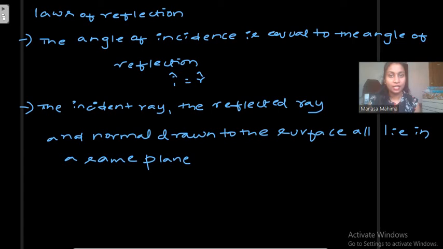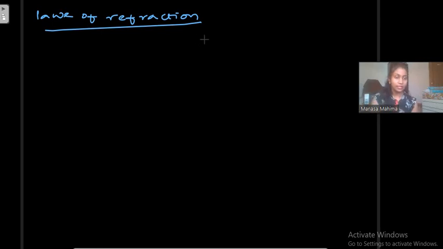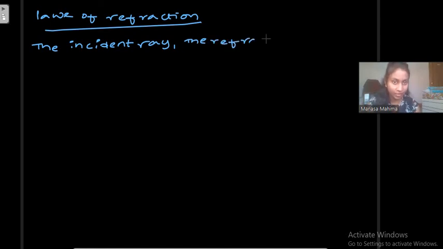Similarly, in the same way, there are some laws of refraction. Even the refraction phenomenon holds some laws. As we know, the laws of reflection are two laws, correct? The first law of refraction is the second law of reflection with some changes. What is that? I will say: the incident ray, and in the place of reflected, you have to take the refracted ray, and the normal